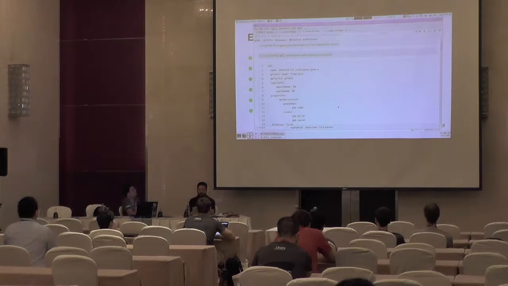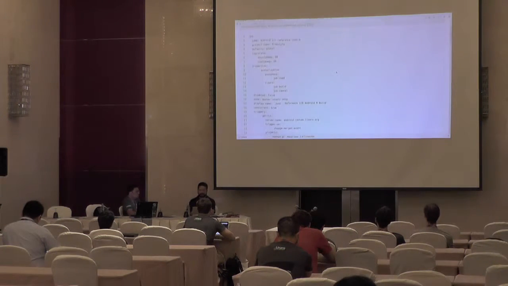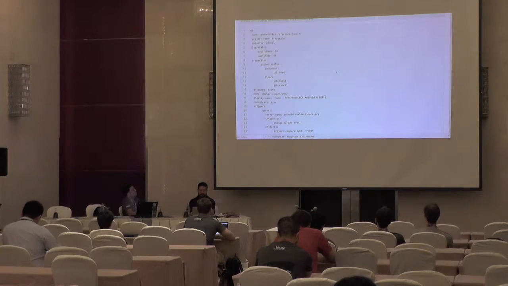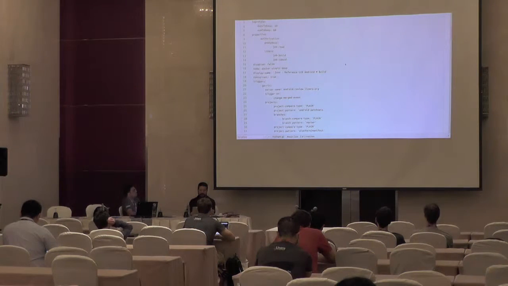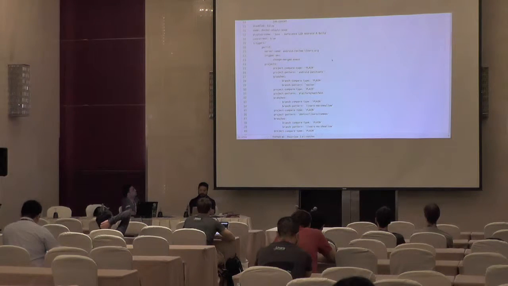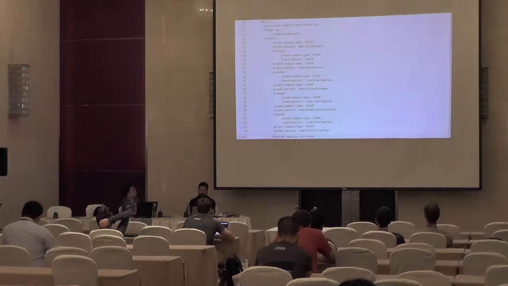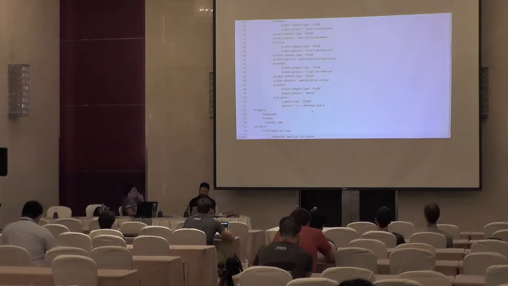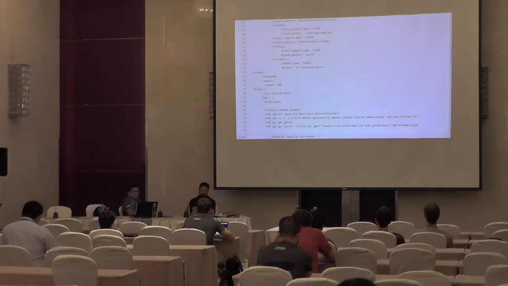This is the same build, Android LCR reference Juno, but this is the YAML file. It's easy to read. We have the node where we're going to run it. It's a Docker image. Gerrit-driven. So whenever there's a change in these projects, Android patch sets, platform manifest, device Linaro common, and so on, then a new build will be triggered, timeout,